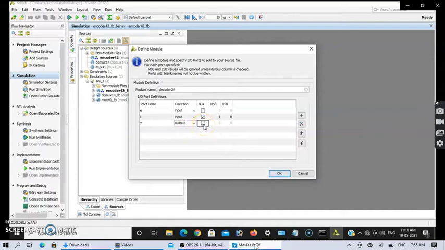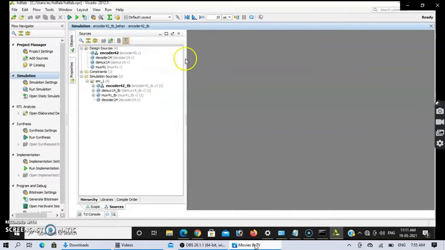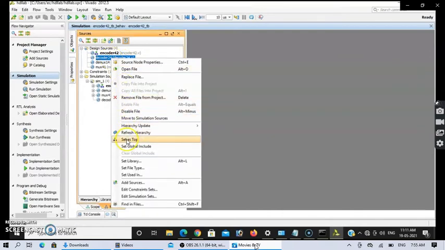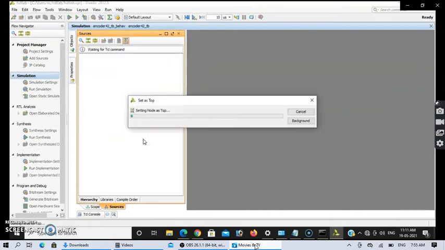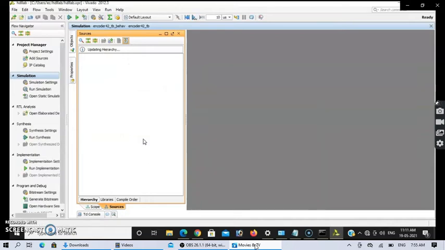That is the port declaration, and you are providing a dimension. You are declaring how many outputs, how many inputs are there and what their variables are. You can start from 1 to 4, it doesn't matter. We are starting from 0 to 3. Then set as top, so that the program will come.